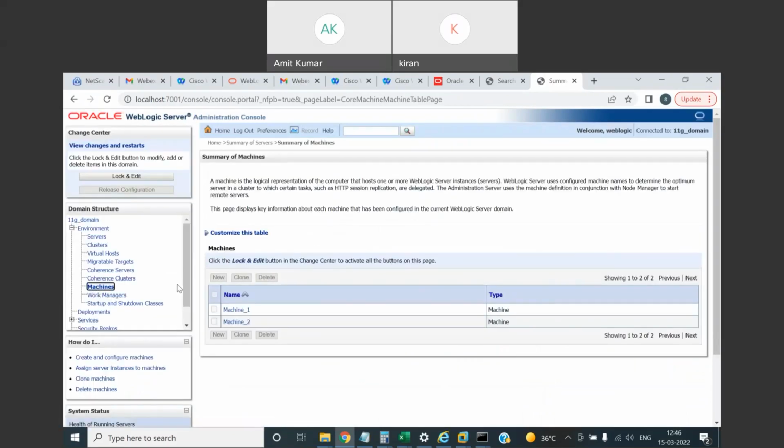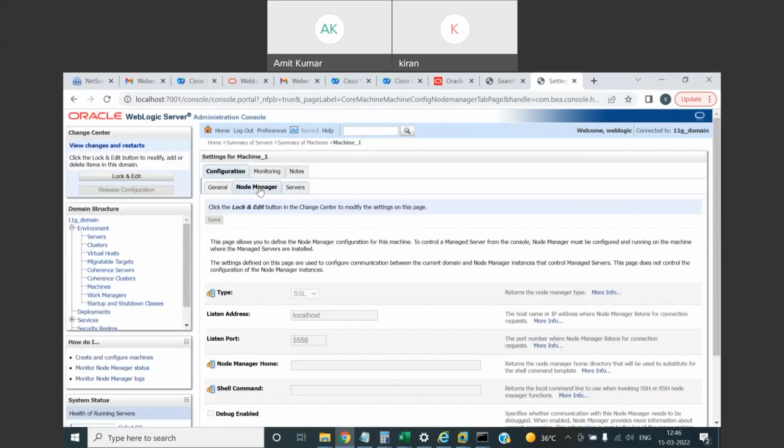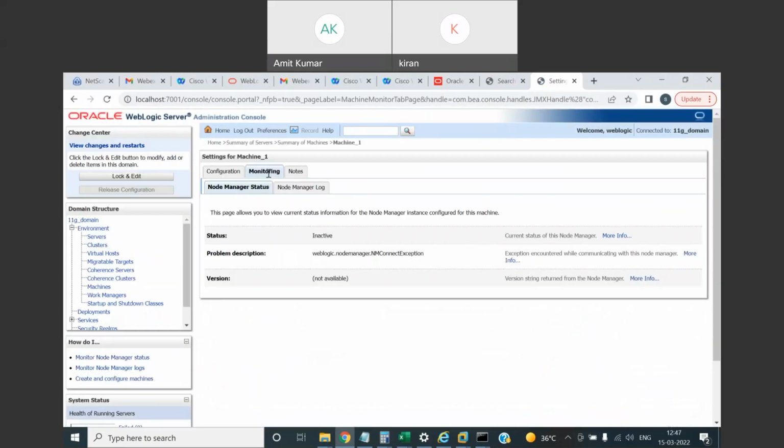Now you can click on machine one. Click on it. Yes, you can see the node manager. Second tab is node manager. Go to the monitoring tab just above node manager. So you can see it is inactive. Inactive means the node manager is not up and running, so you cannot control your managed servers in this particular state. So what we will do is